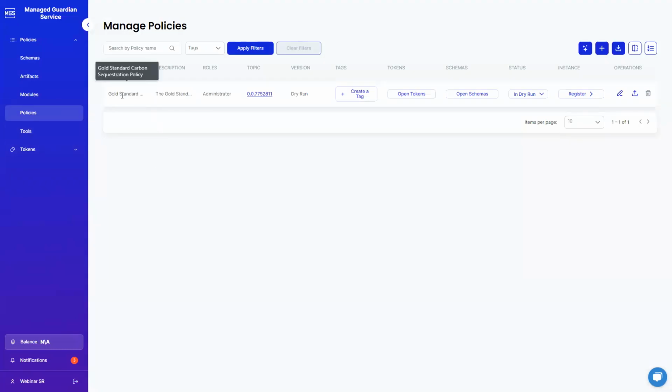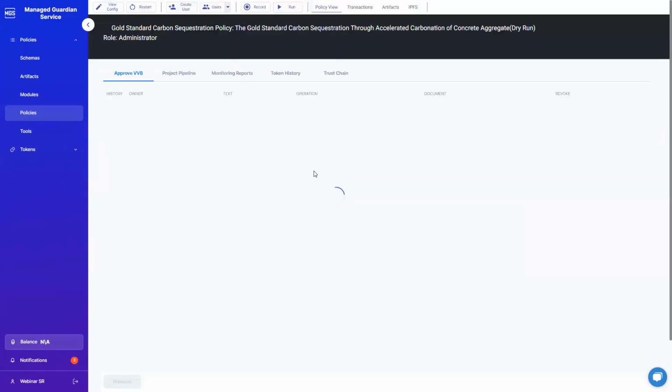So we'll be looking at the gold standard carbon sequestration policy. You can see it's already in a dry run version. If we click here, you can also stop, and that's how you can edit them. If it's in dry run, you won't be able to edit. And then you can also publish that policy. So let's go ahead and click register, and we're going to start that workflow that I showed you in the